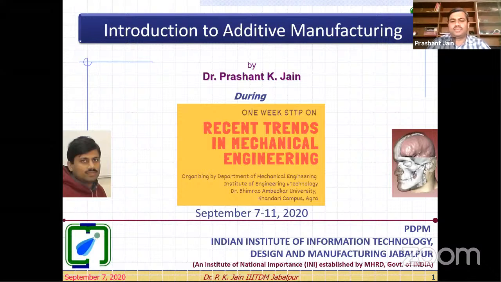Dr. Prashant Kumar Jain was previously at Delhi Technical University, formerly known as Delhi College of Engineering, as a lecturer in the mechanical department. He also served IIT Delhi as a project scientist and research associate, where he engaged in research work on error compensation in CNC machines and part quality improvement in fused deposition modeling. Currently, he is with PDPM IIIT-DM Jabalpur as an associate professor and dean student welfare. He has more than 100 publications to his credit.